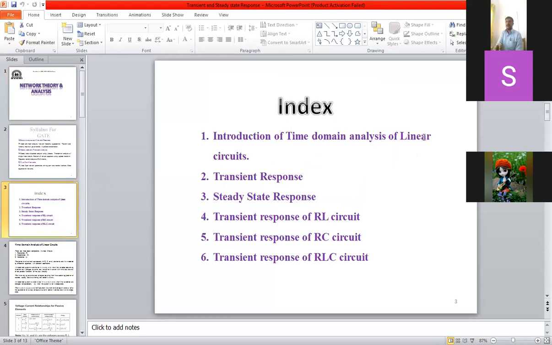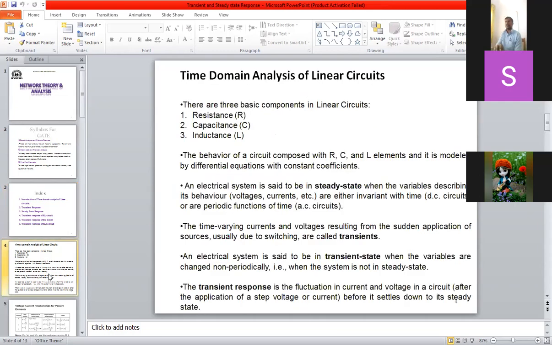So time domain analysis of linear circuit. For that we can use linear differential equation. We can use Laplace transform. Differential equation we have learned. So we can discuss now Laplace transform. Okay. So before that, some revision we can